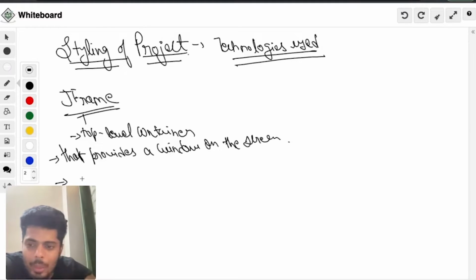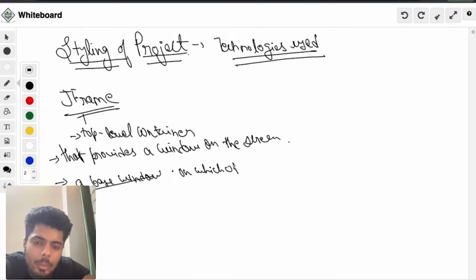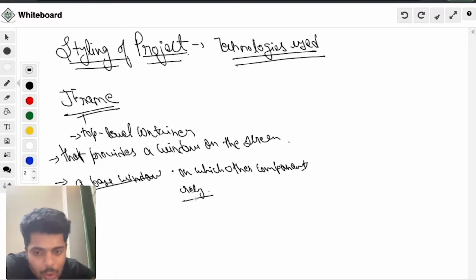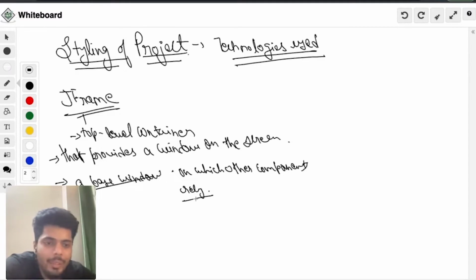You can also call JFrame a base window, on which other components rely. Those components are menu bars, panels, labels, text fields, buttons, etc. Almost every Swing application starts with the JFrame window only.